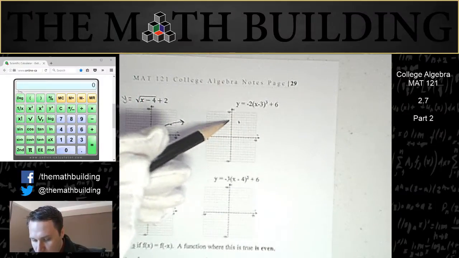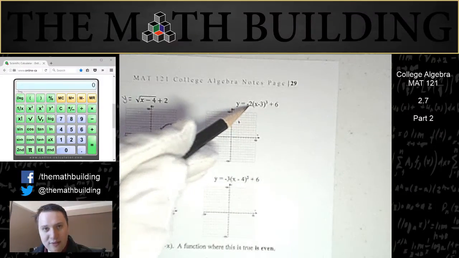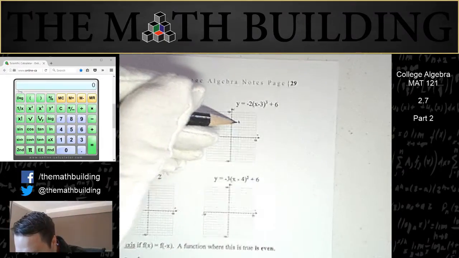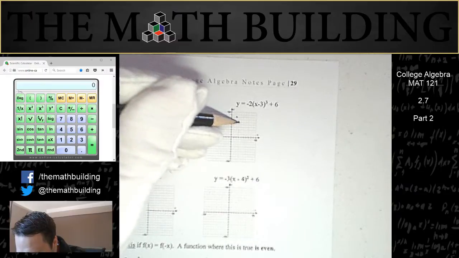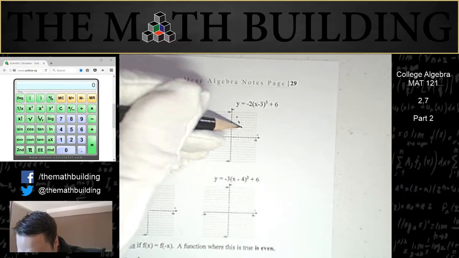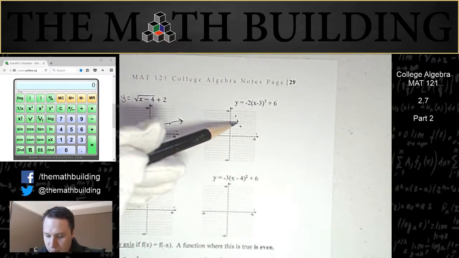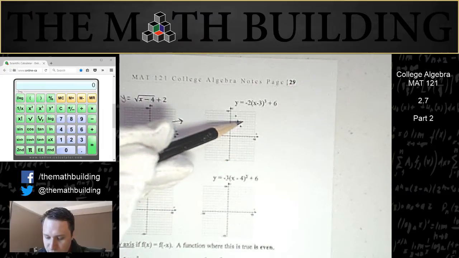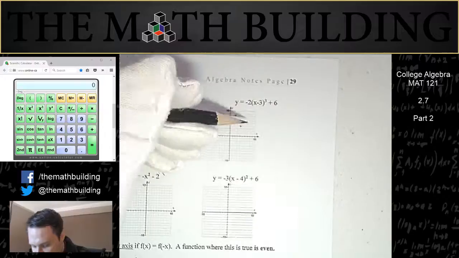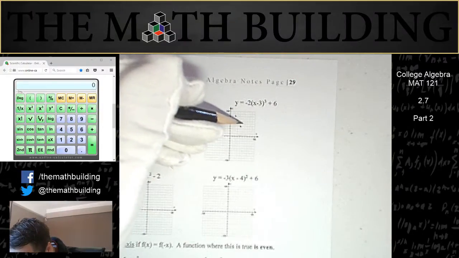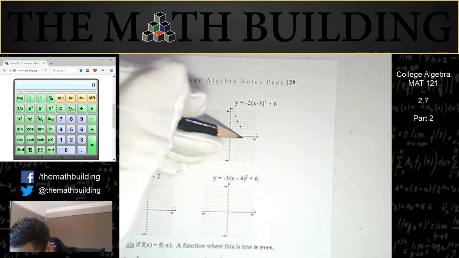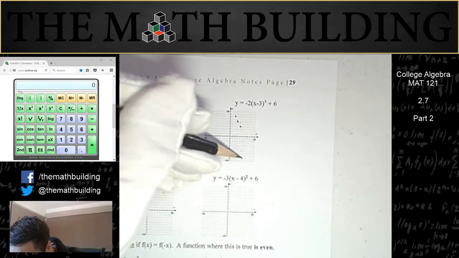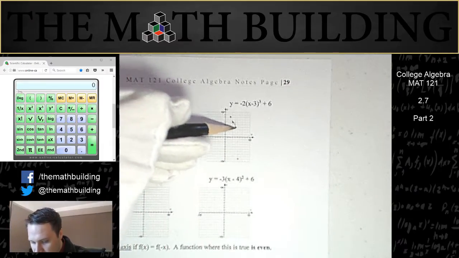So I'm going to go this way and up, and because it's a 2, it's made it more narrow as well. So make sure you keep all of those effects together. It's going to be over 1, up 2 like this, over 1, down 2 like that. Next, we would go over 2, down 8 normally, but because of the 2 there, it would be over 2, down 16. 8 times 2 is 16. So 1, 2, and then up to 16 right there. So you can see that there's our point right there,